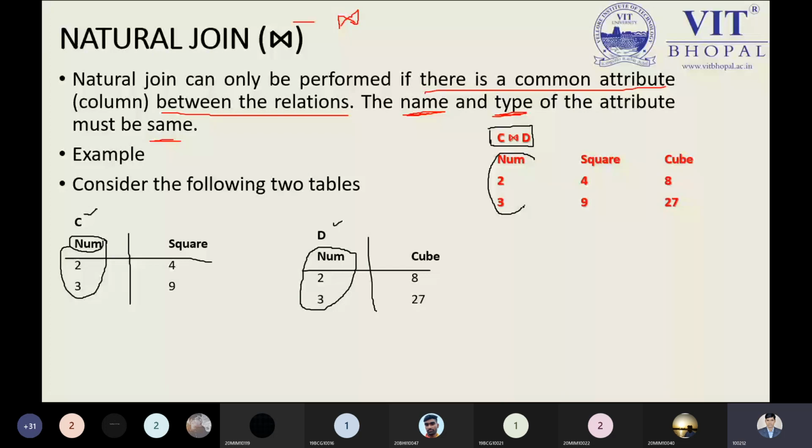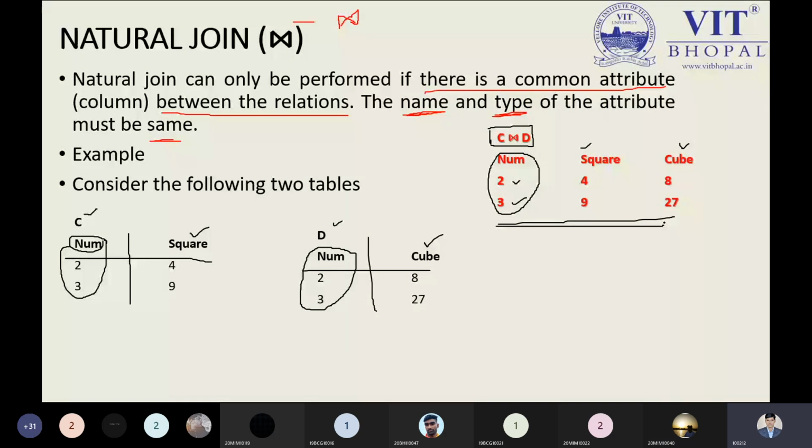Now, from the left side, which relation have we seen? So we have to write its attribute name first, that is square. So we have written that, and respectively we have D. So D will come over here. So now this is our point. Now, clear? Is it clear to all right now? This example is clear.